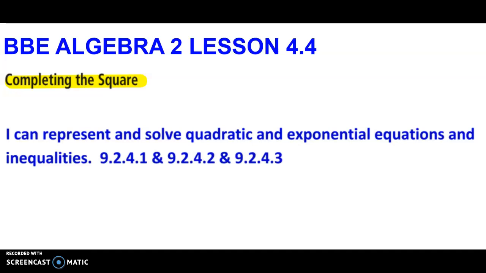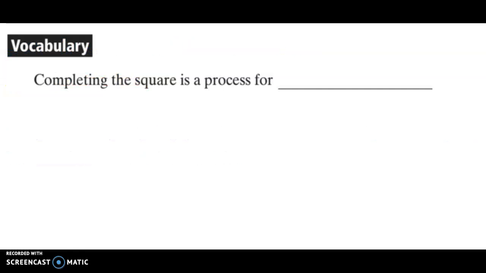Okay, lesson 4.4, part 1, completing the square. Completing the square is a process for solving quadratic equations. In lessons 4.1 to 4.3, we looked at solving quadratics by graphing, by factoring, and by using square roots. This is simply another method, another tool for solving